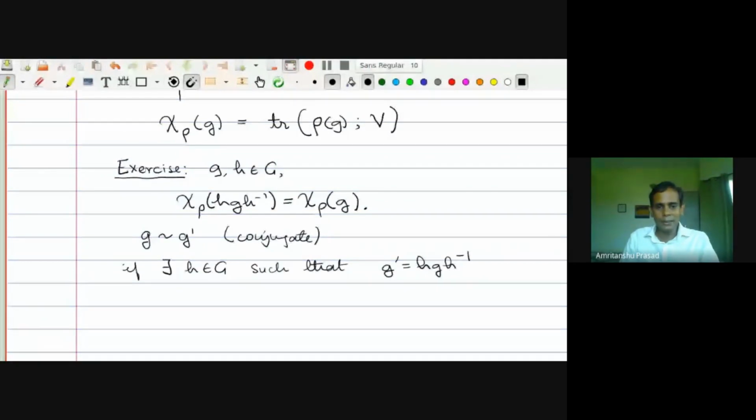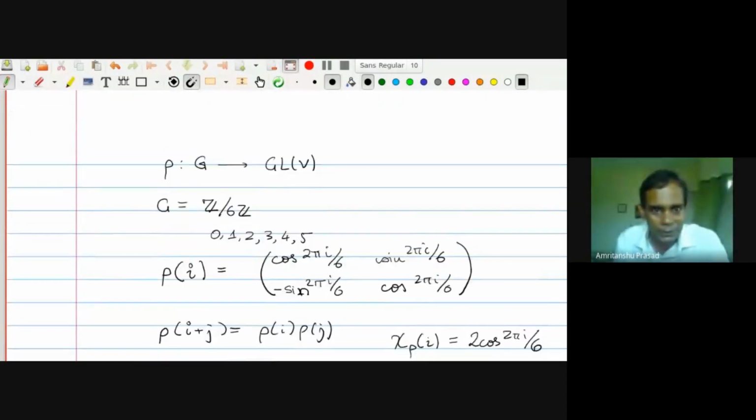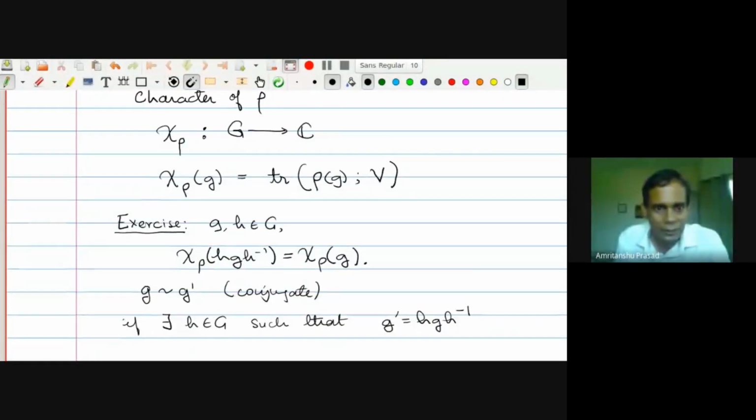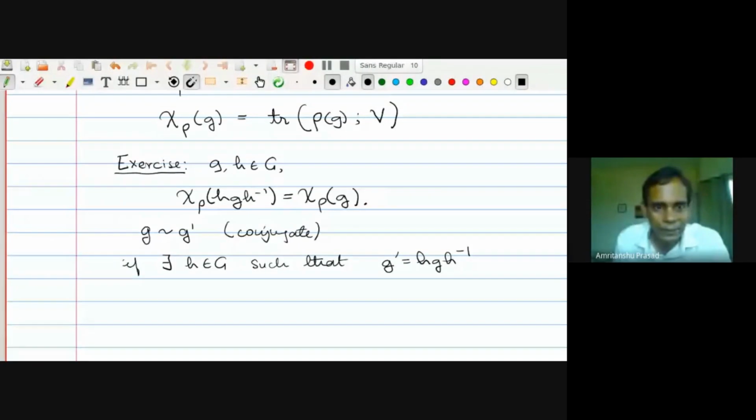And what this exercise here is saying is that the character is invariant under conjugacy. That is, if two elements are conjugate, then the value of the character is the same. So you don't need to compute the character at every element of the group. You just need to compute it at one element in each conjugacy class in the group. Okay, so far what have I done? I've defined a representation. I've talked about its character, which is a trace, and I've given you an exercise which is to prove that this character is invariant under conjugation. Okay, now we need a few more notions, and one is